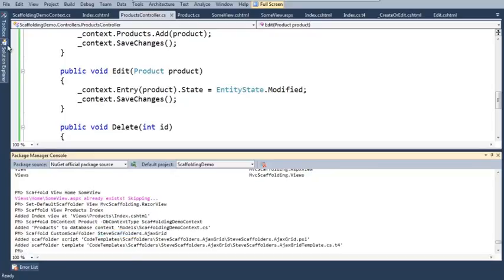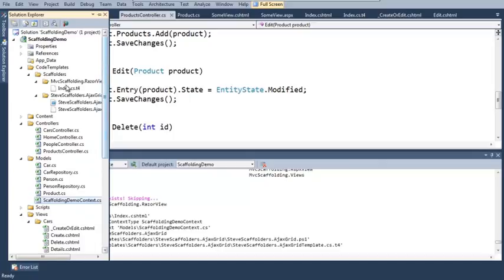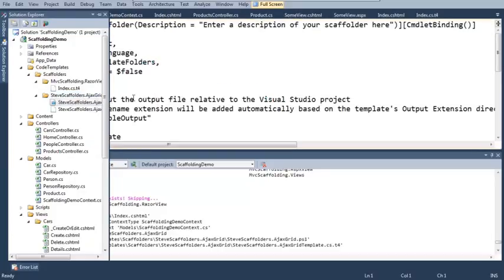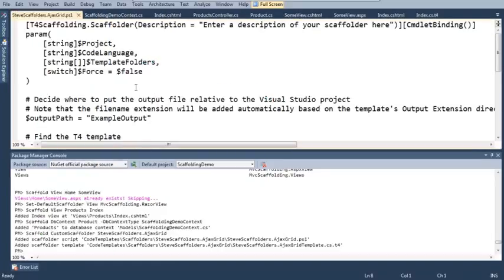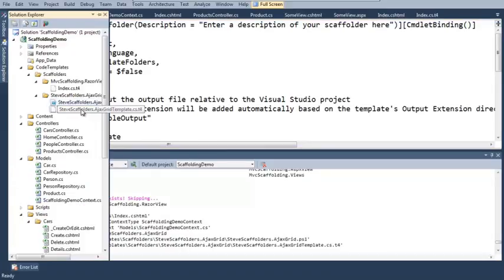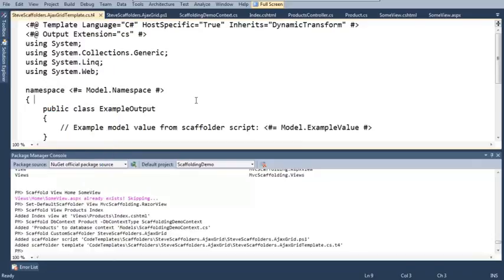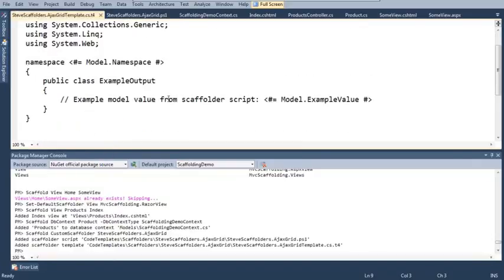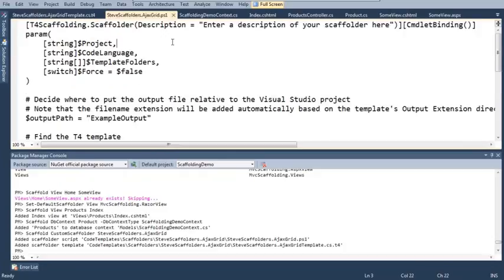And what that does is it creates a folder inside my code templates folder with that name, and it's put inside there a PS1 file, which is PowerShell logic, and that describes the logic that my scaffolder is going to run, and I'll come back to that in a moment. And it's also put a T4 template, and that's an example of some output that I could produce. So by default it's just produced a sort of stub C# class, and if I go back to the PowerShell logic,